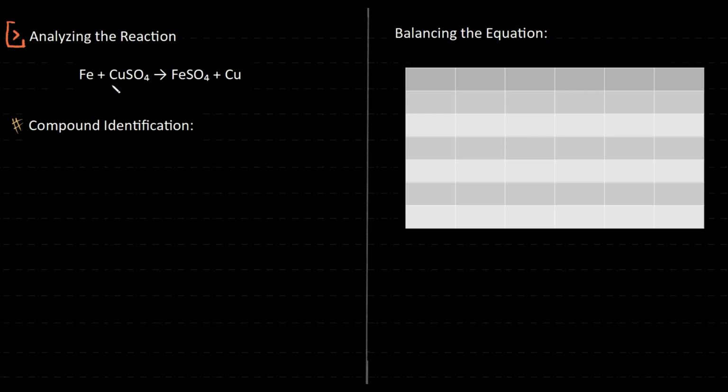We are looking at iron plus copper, cupric sulfate actually. So we have this to be iron. This is your copper sulfate, also known as cupric